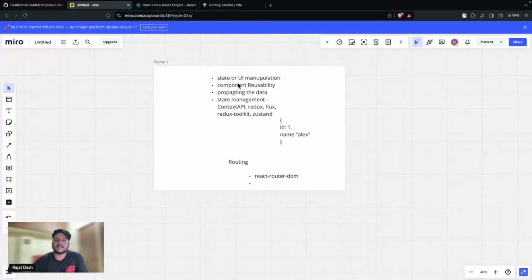What execution context is, and if I go to the very basic one, at least you should know what JavaScript is. You should know the DOM. What is DOM? Document Object Model. So please go through JavaScript first, otherwise you will not be able to understand how React works. Okay, because React is also JavaScript only. It is based on JavaScript, and eventually the React code also converts into JavaScript only, and then it is provided to the web app.